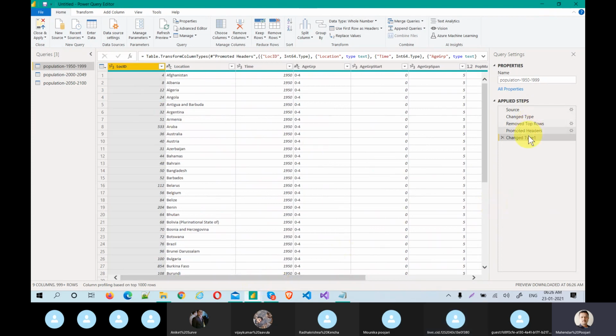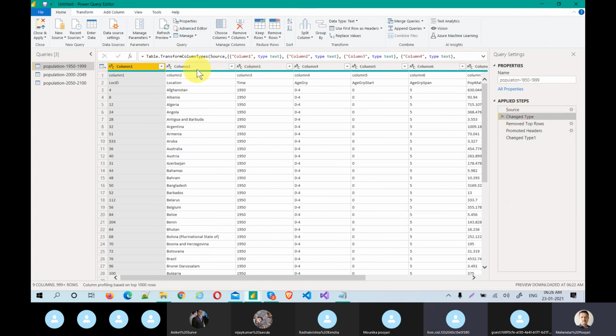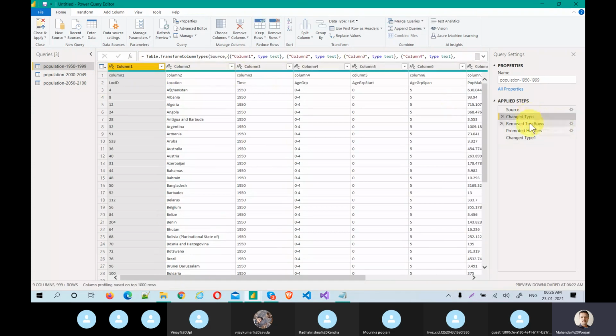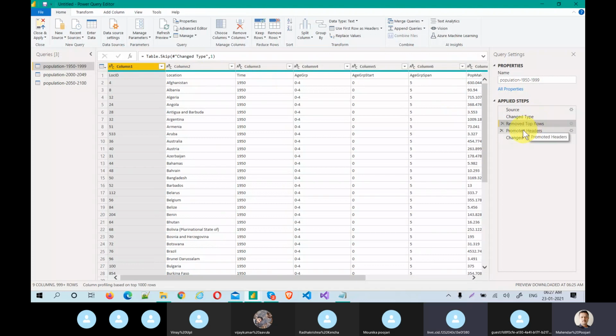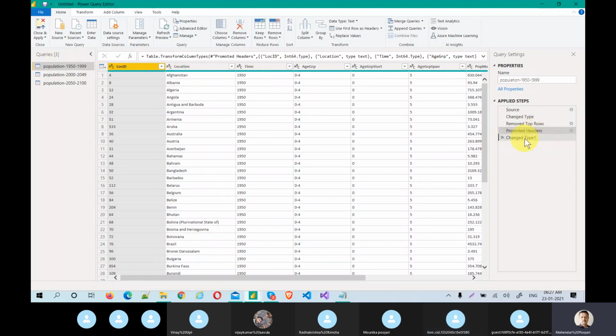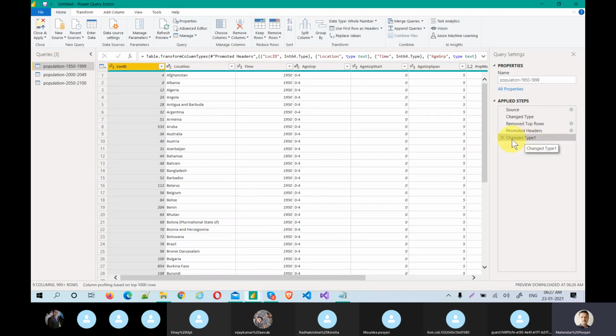Now observe the steps. What we have done here: the change type came automatically. At any point of time you can go back and see what the data was. Column 1 is still there, but if you come back here, it will go off. See, location ID is the header. So you can go back and re-verify at any point what top rows we removed, how the header was promoted, and what the change type was. The change type was detected by the machine, Power BI.